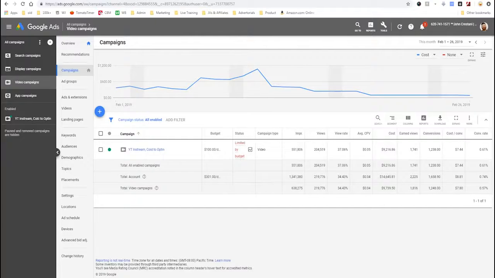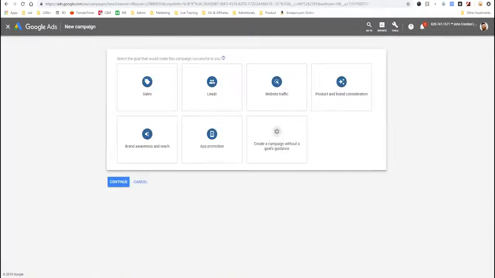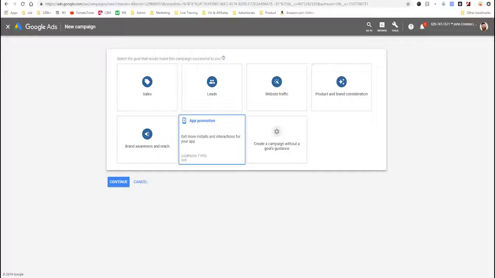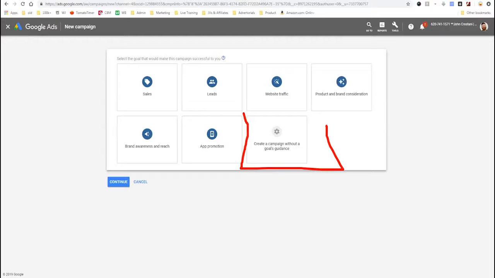Now, what we'll click on is this plus icon. See where it says plus? This allows you to create a new campaign. And we'll just select New Campaign. You get a lot of different options, and these options have been changing a lot recently. See sales, leads, website traffic, product brand consideration, app promotion, etc. They keep changing the interface in Google Ads. They keep changing options. It's kind of mind-numbing, but what I always defer to is create a campaign without goals